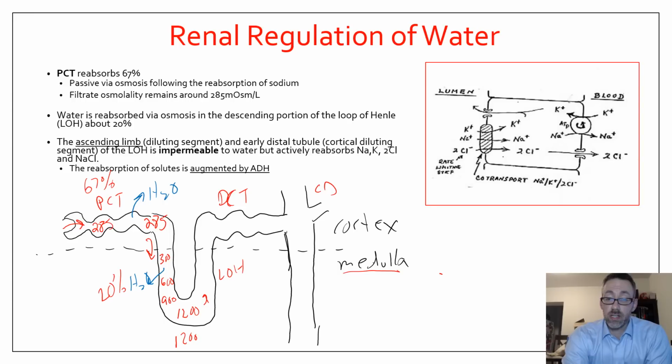the important feature here is that things switch around. So while the descending limb was permeable to water and impermeable to the solute movement, it is permeable to solutes and impermeable to water. So what does that mean? Basically, water does not leave, but the solutes will. And so